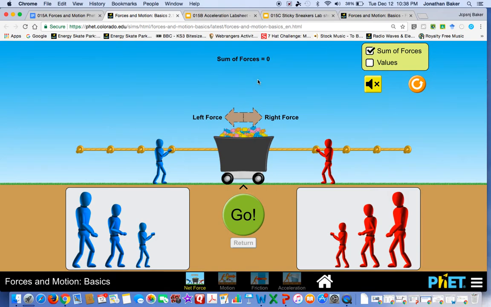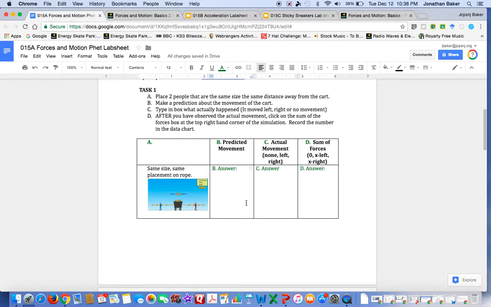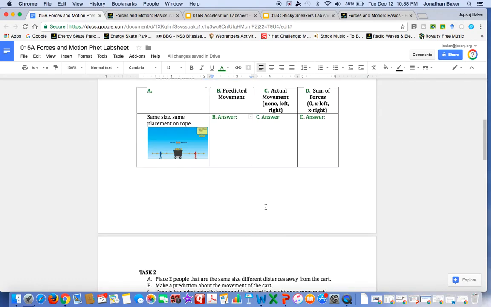So in this case, I guess that gave away the first one. That's going to be a 0, okay? Because when I click go, both the shorties are going to pull. As you probably know, nothing happens. The cart stays exactly the same. Okay, so you're going to type your answers for all 3 here, and then you go down, now you have